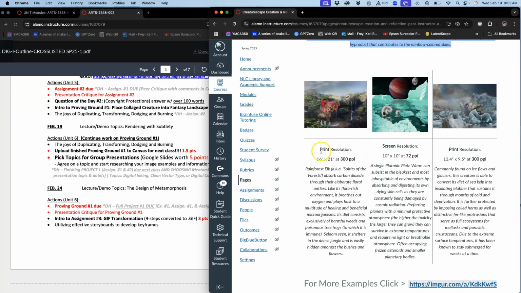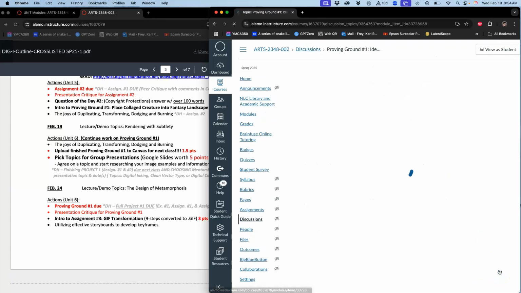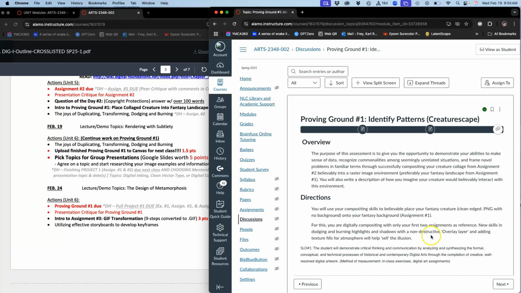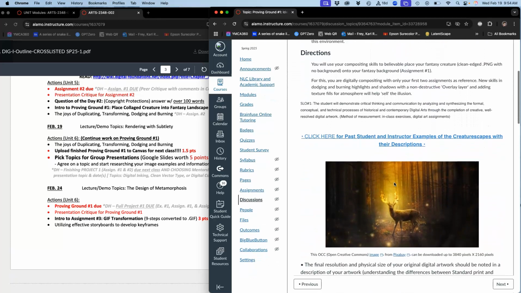Okay, you have to identify not just what the physical dimensions and resolution are, but also actually type in what is that purpose. Is it screen resolution or is it print resolution? And you have to understand the difference. All right, so let's get into it. You are going to use your